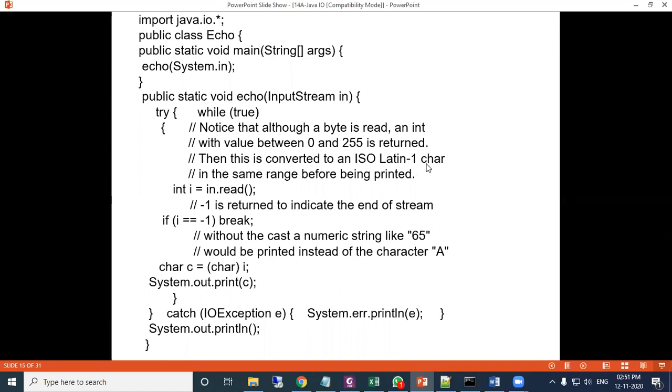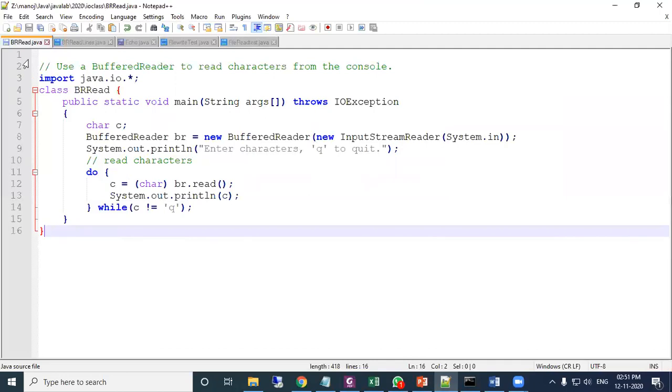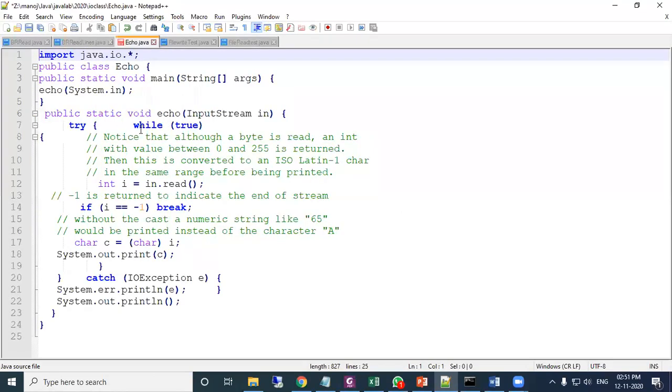So see here, this is a program. We will go directly to this program on the computer programming screen. Just to see the program here, for IO, we have to import java.io.*.